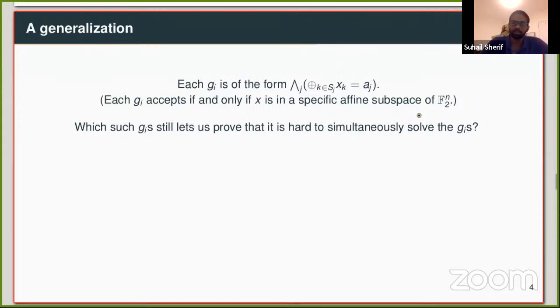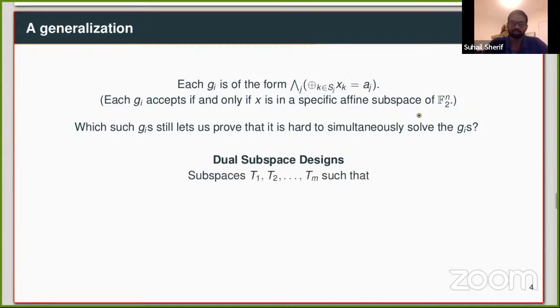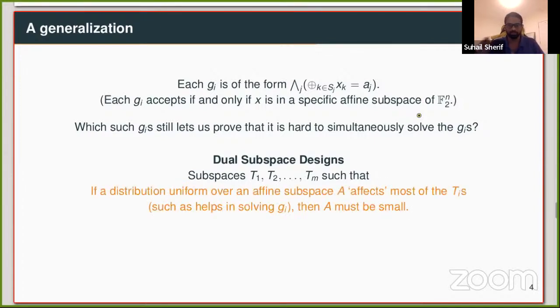And an answer for this comes from the notion of subspace designs. So this is one possible way in which GIs can be hard to simultaneously solve. These have been studied before in the context of pseudo-randomness and coding theory, but we noted that it's actually quite useful for us. So subspace designs are these spread out set of subspaces, which have, very informally speaking, this